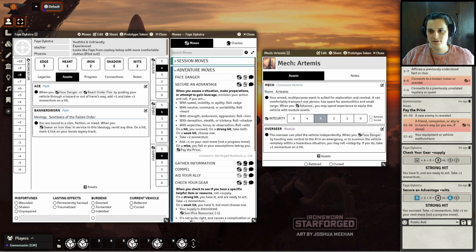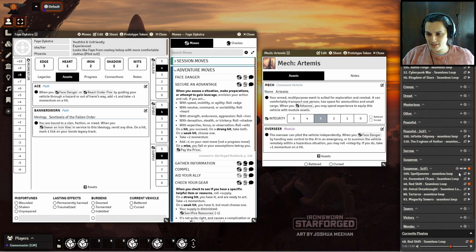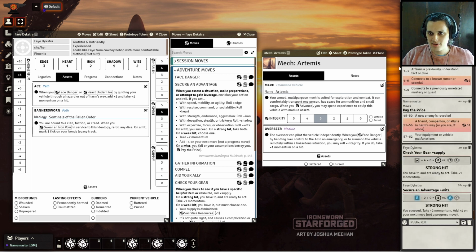All right. Let's go ahead. It's time to change the music. It's time for Astral Dreadnought. Oh wait, no. Ascended Chaos. That's the one. So we scan a layout of the whole thing. Artemis makes all the calculations. And I say, all right,